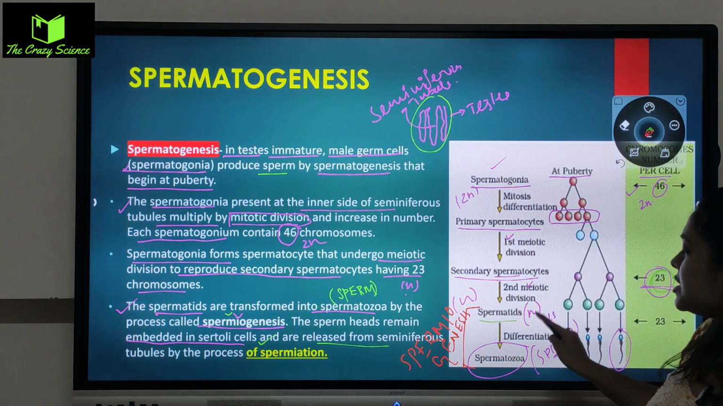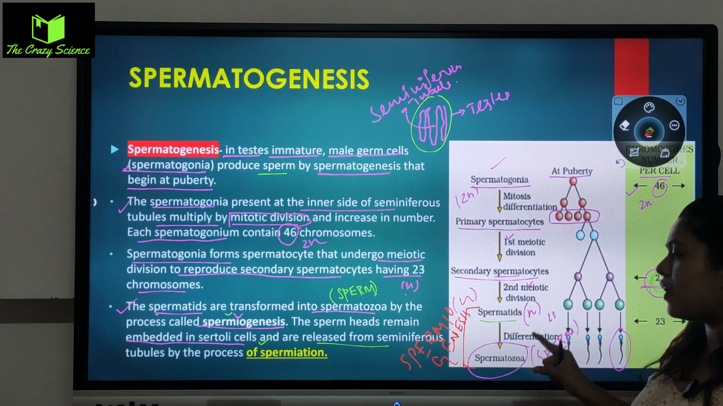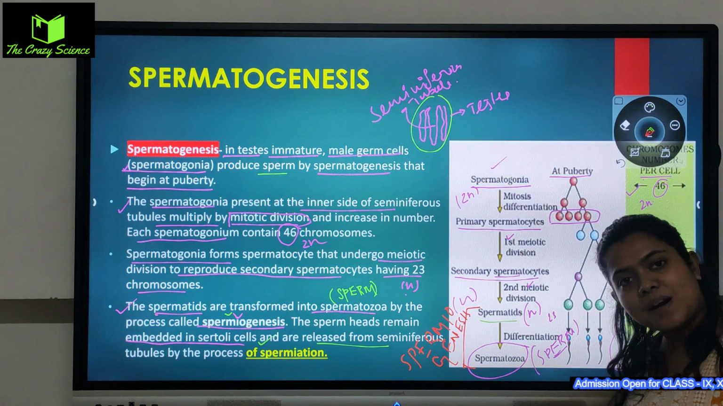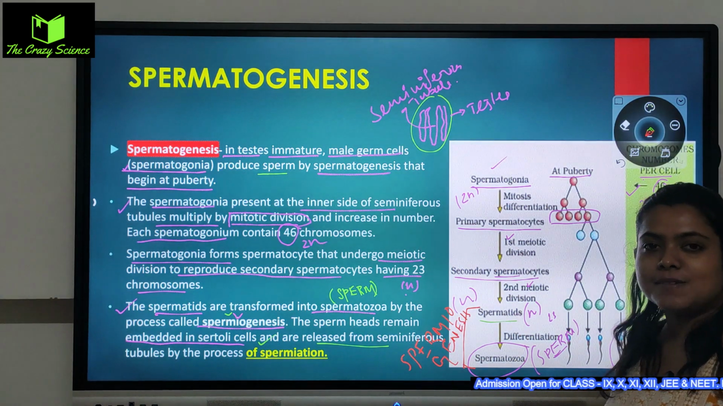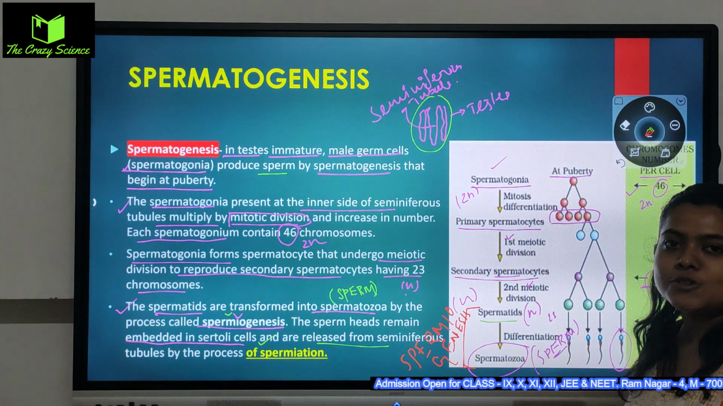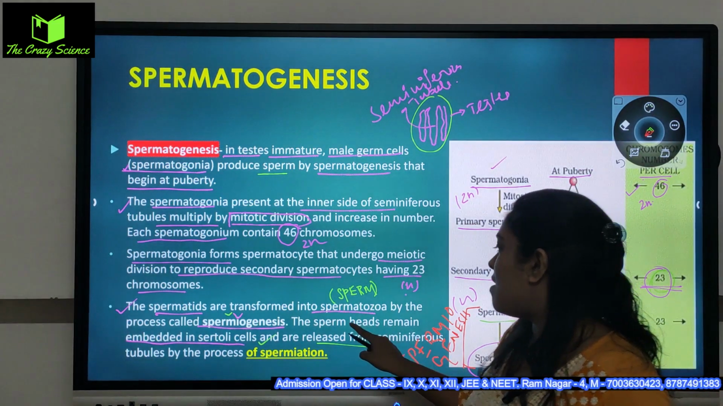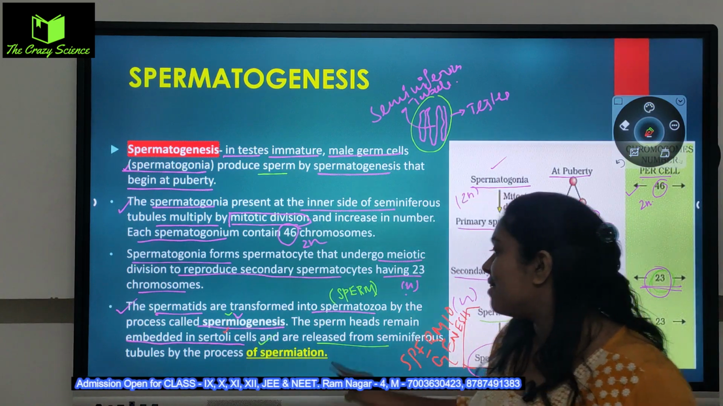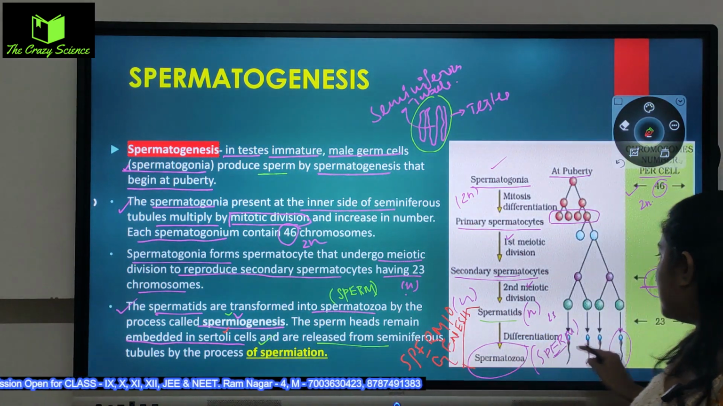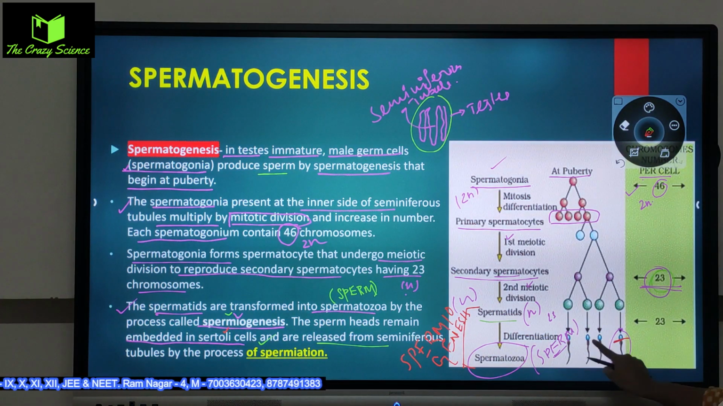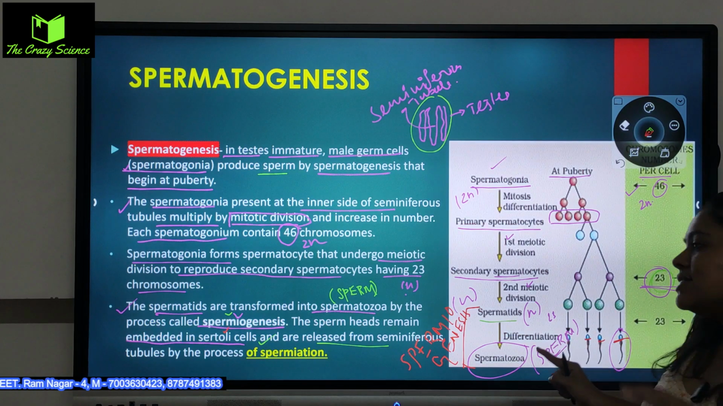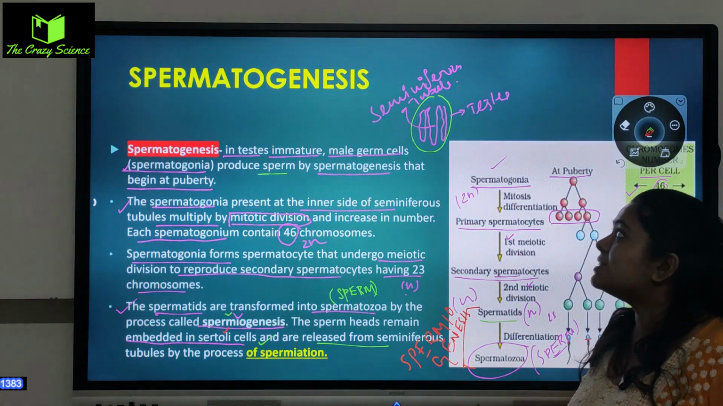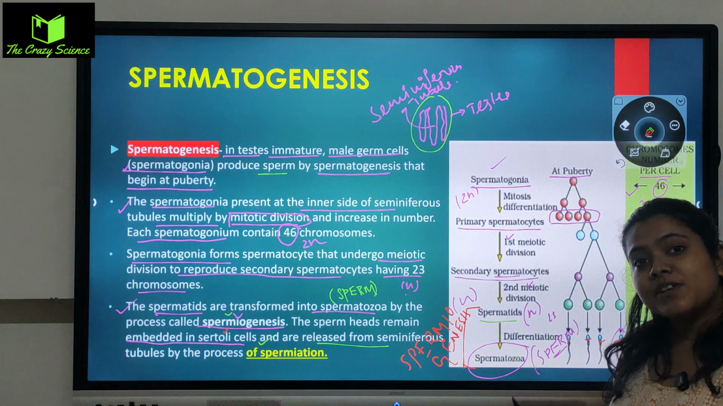Alright, from the spermatid to the spermatozoa, this journey we can call spermiogenesis, where they are producing the mature sperm, and the ploidy number is haploid in nature, that is 23, and the sperm heads remain embedded in the Sertoli cell. They are talking about this part, the bluish part, which is still embedded in the Sertoli cell. The Sertoli cell is present in the seminiferous tubule, and the seminiferous tubule is present